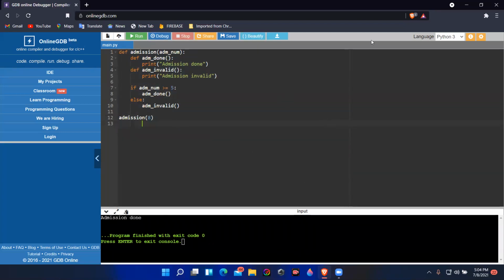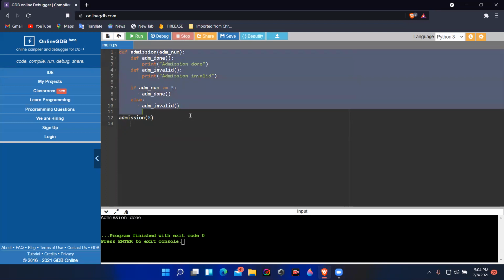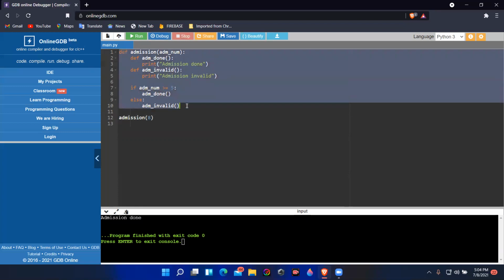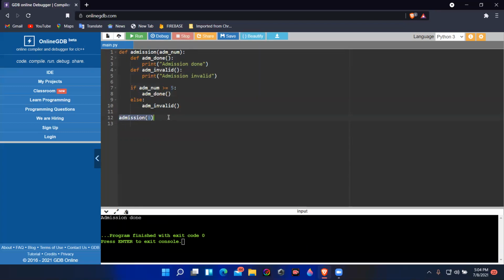Now can you explain to me the flow, how this calling happens? So first, the compiler will read this code. First, it will go inside this function, and then it will first look at these functions. Initially, it is going to ignore the functions. Now it will go to the if condition, and it will just read this function, ignore it. Then when we call this function, it will come up here. Then it will pass the argument, which is 8.